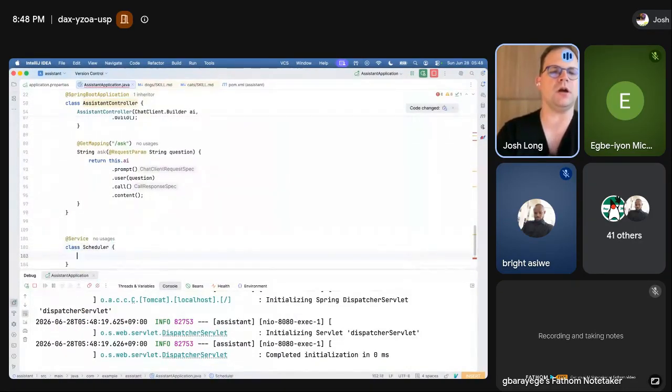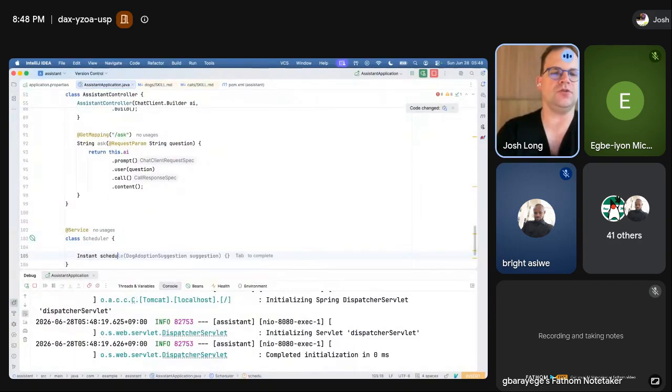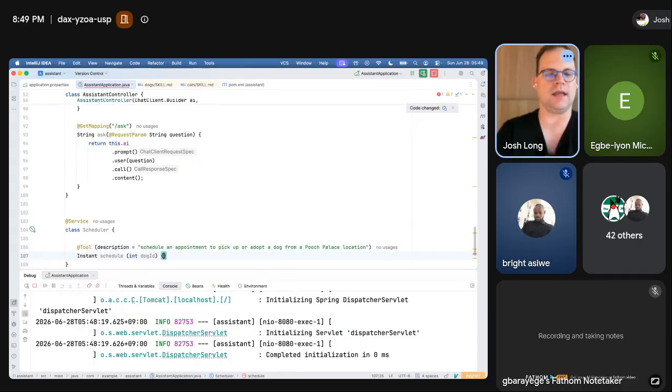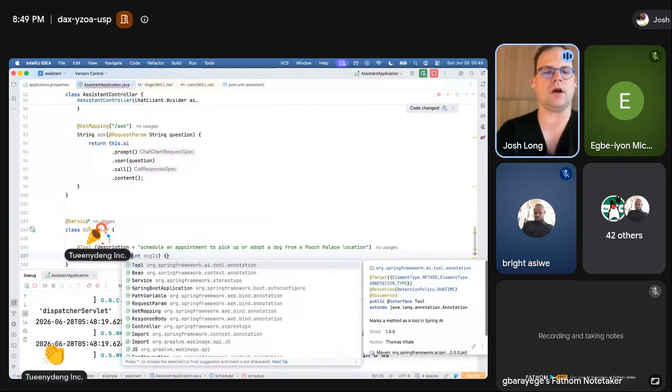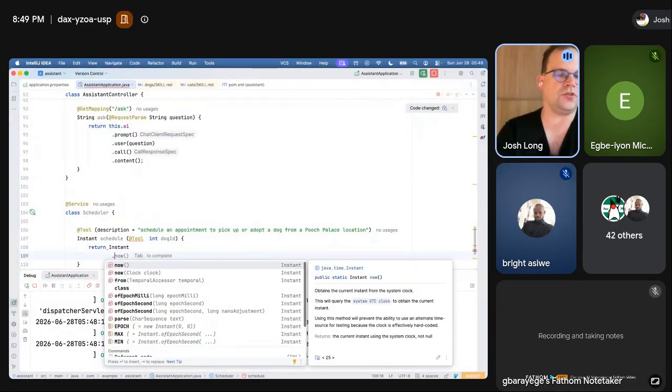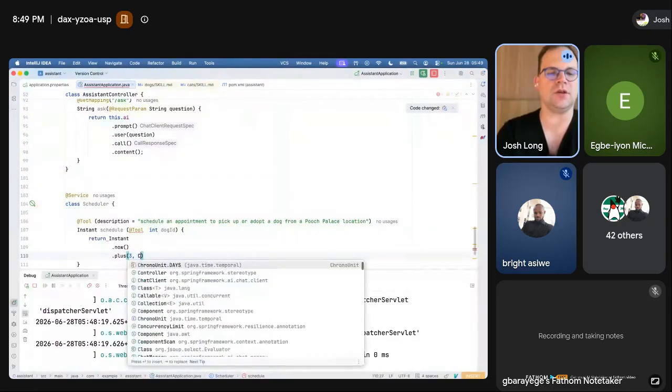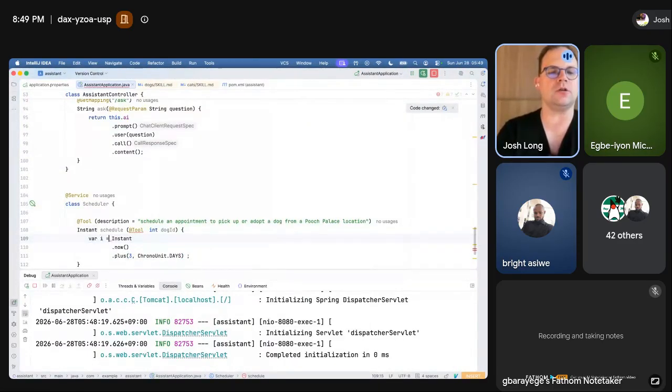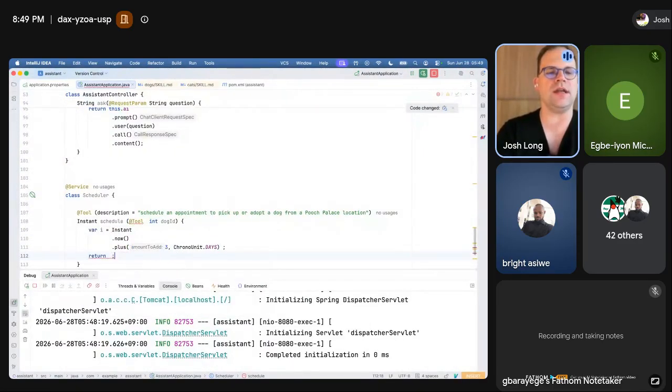Okay, so obviously any red-blooded human being at this point would want to schedule an appointment to pick up this cute dog from the shelter. So let's create an integration with our business logic by using tool calling. Schedule an appointment to pick up or adopt a dog from a Pooch Palace location. Tool calling is basically how we give our model access to our internal systems. These are just Spring beans, and I'm going to provide a hard-coded result of 3 days in the future here,